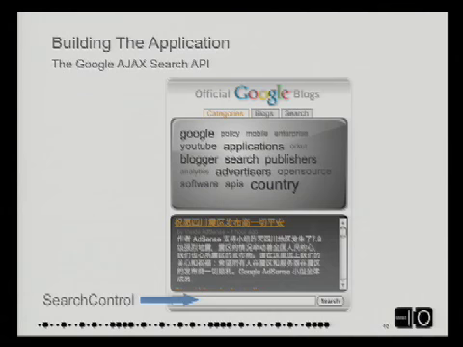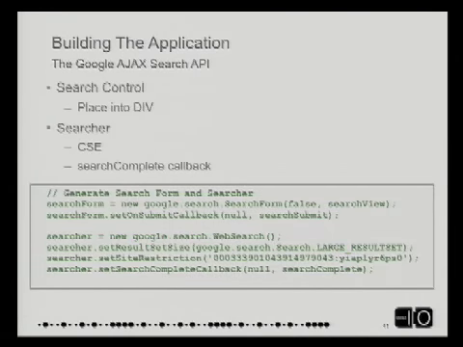So the search control. Again, you can go ahead and build an input box. You can build all these types of things, and that's okay if you want to do that. And this is supposedly an advanced class in terms of talking about some of the low-level stuff. But again, going back to my earlier point, I'm lazy. And we already have a search form that comes with the AJAX APIs. You can create one just by saying new Google search form, and you pass it the search view. So remember when I said hook the UI, search view is something I've already looked up with document get element by ID. And so I pass that in, and I say, whenever someone submits something, just call my search submit function.